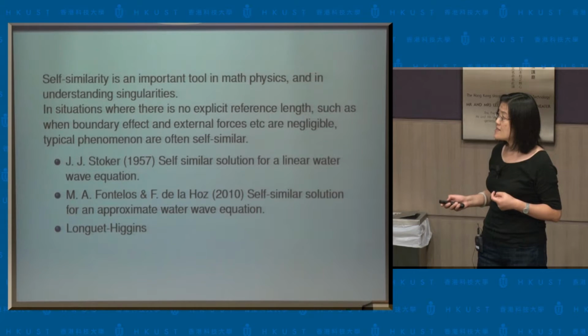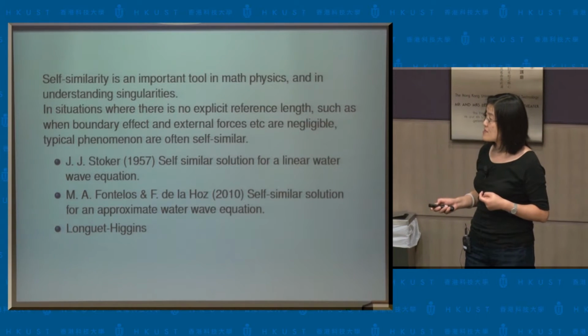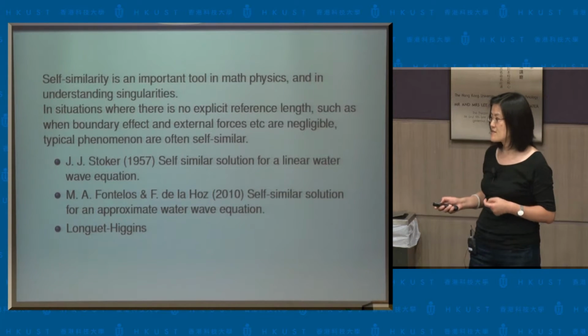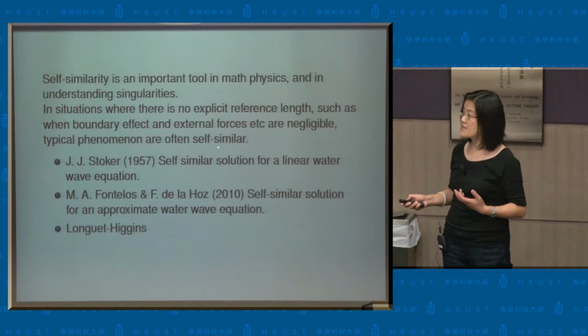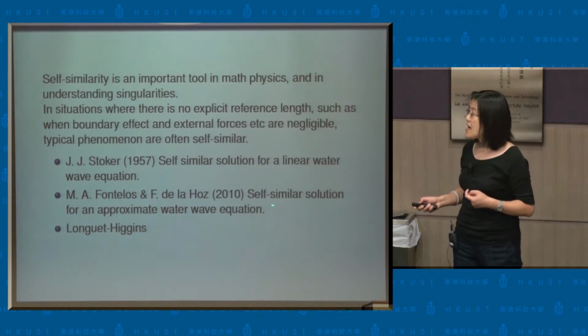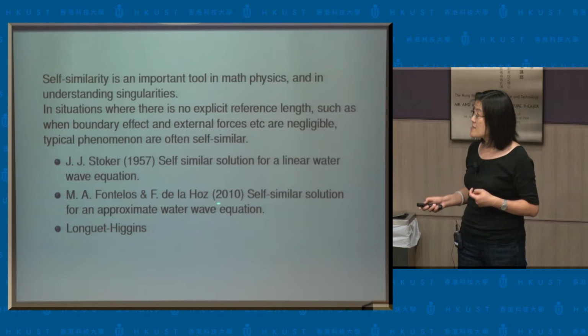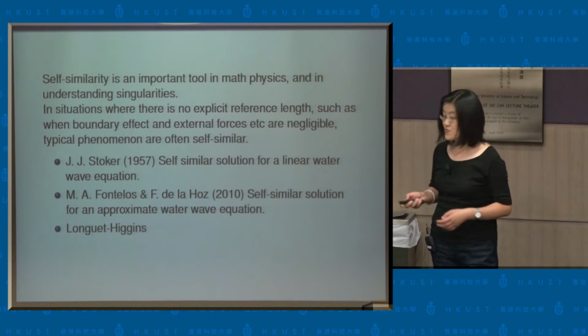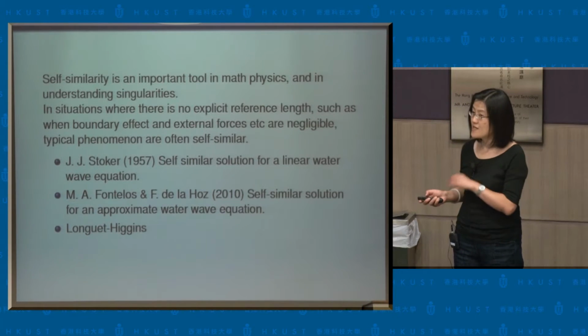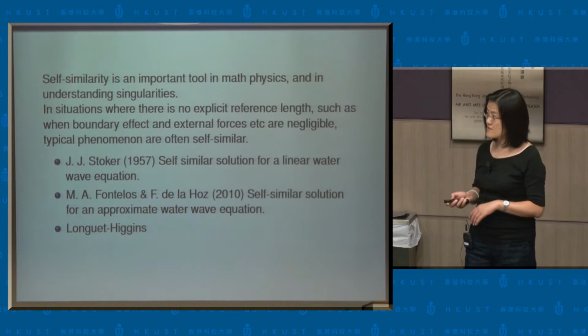In fact, in water waves, in this book by Scholar, you can find a self-similar solution for the linear water wave equation. He just dropped all the nonlinear terms, and he can find a self-similar solution. In this more recent work, they also built a self-similar solution, but for an approximate water wave equation, so not the exact one. They are not able to find a solution for the exact water wave equation, but by dropping certain terms, they find